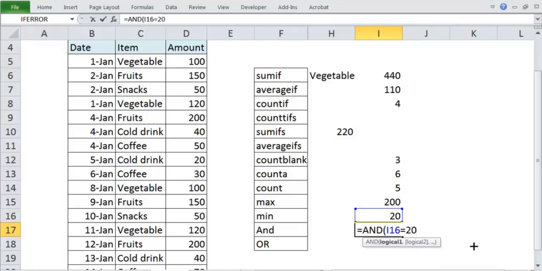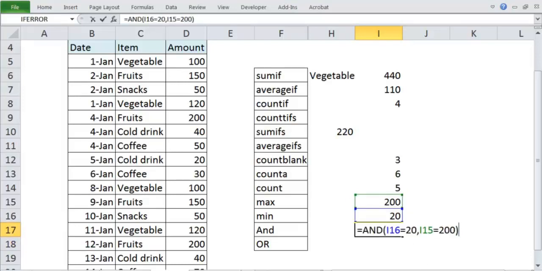The value of that will be logically 1. And if I say this condition, whether it is 200, I am saying tell me whether this is 20 and this is 200. If both are correct, then AND will give me 1 or true. See, it has given me true.